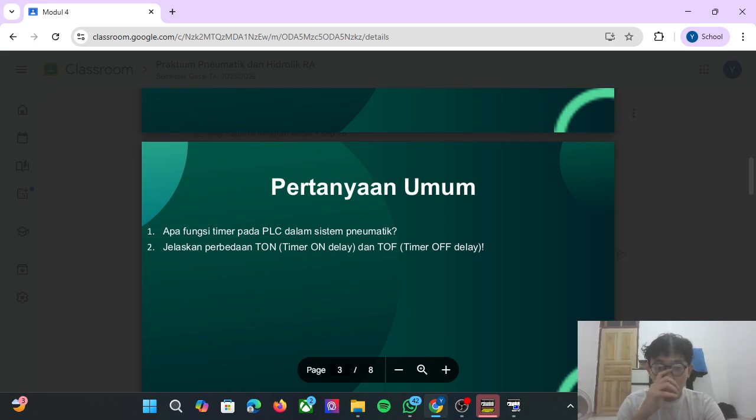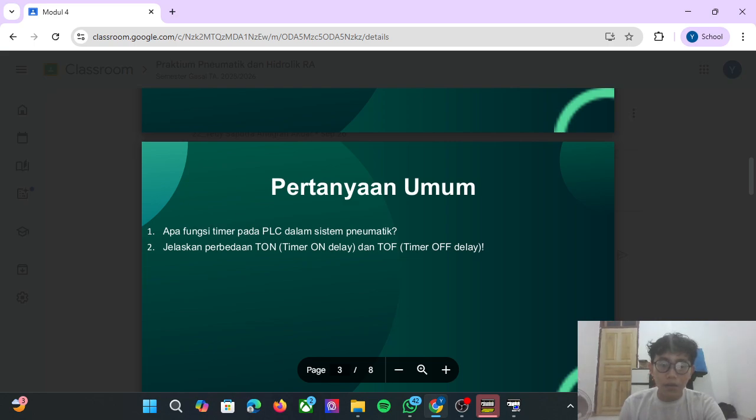Second question. Explain the difference between TON, timer on delay, and TOF, timer off delay. First, timer on delay, TON. TON is a timer that provides a delay before the output becomes active after the input receives an on signal.